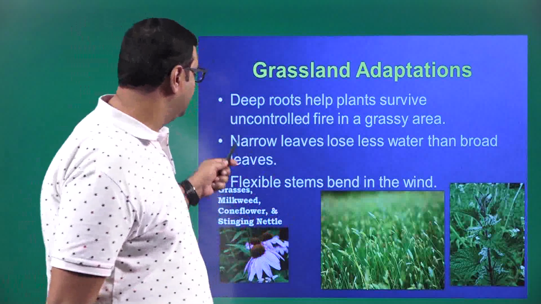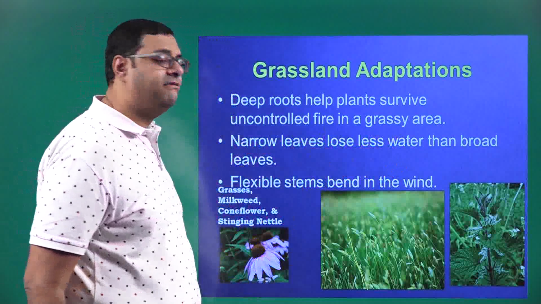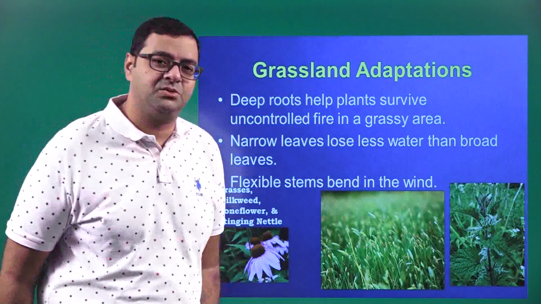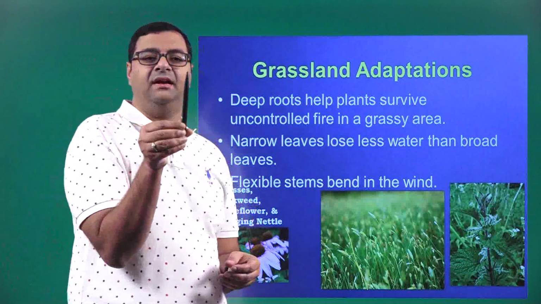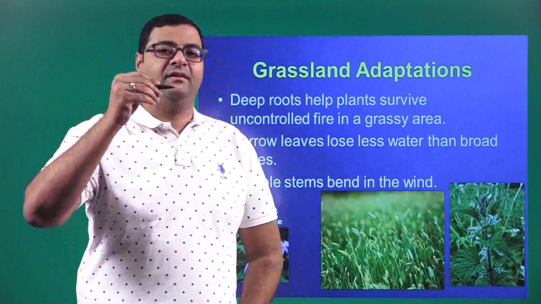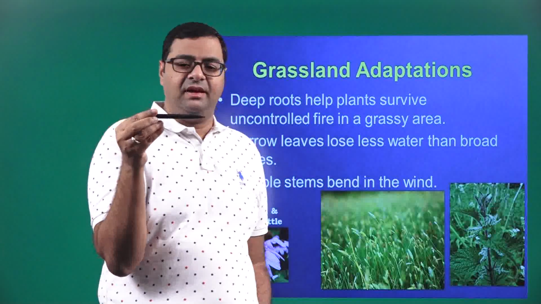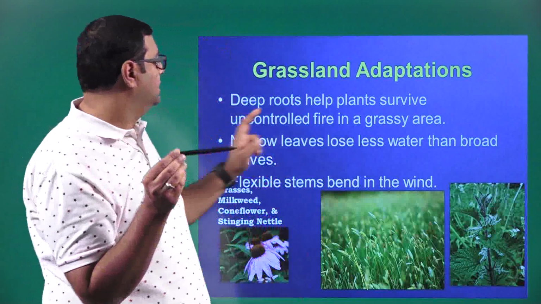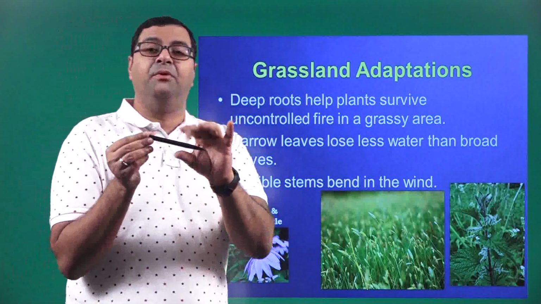Now, narrow leaves lose less water than broad leaves. So this is a common thing that we know: narrower leaves will definitely lose less water compared to broad leaves. Say for example, I'm holding this pen in my hand. If this pen was broader, I would not be able to hold it like this. So think the same way, think of this as a leaf. Now this is a narrow leaf, so the water losing capacity will be